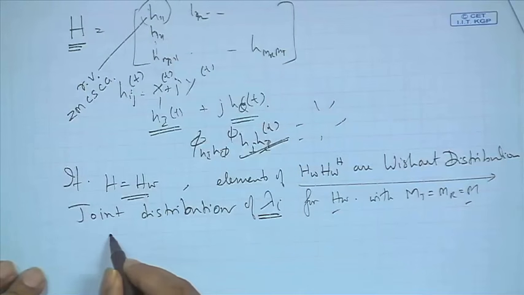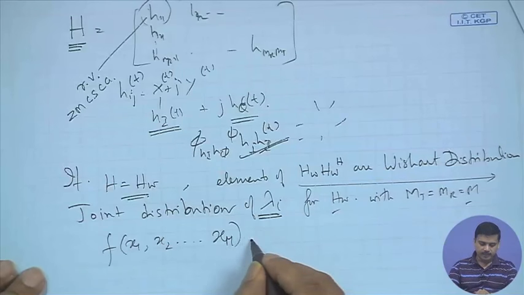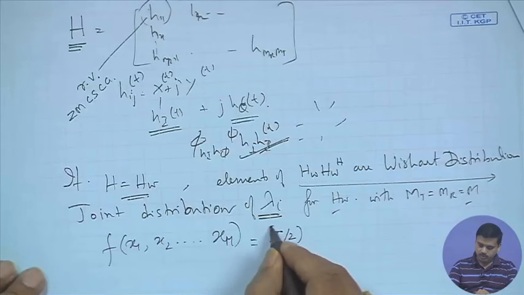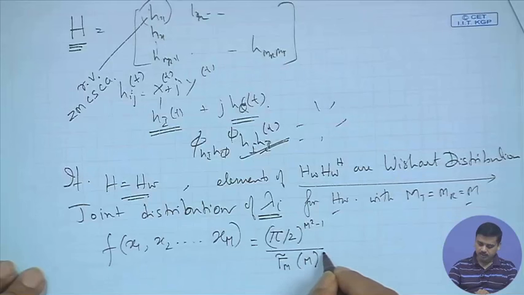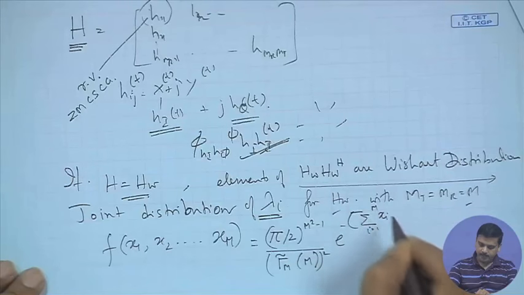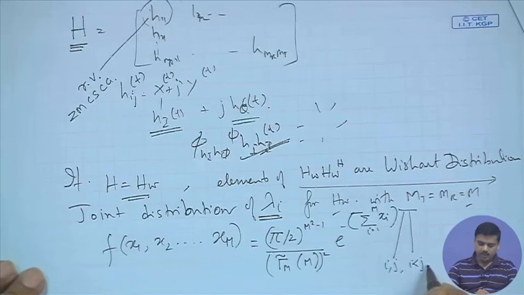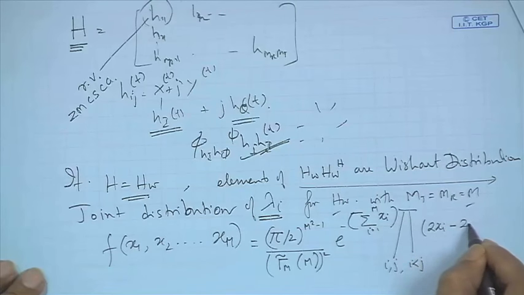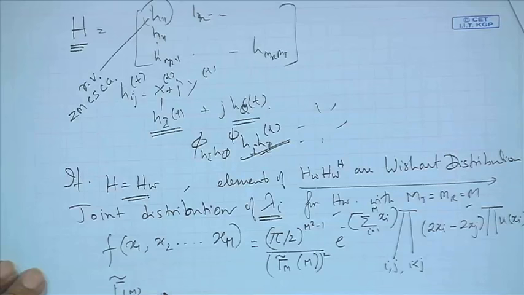So we proceed with this, and with this particular situation, the joint distribution of the lambda i's, that means f of x1, x2 up to xm, we are not writing mr or mt, we are writing xm, is given by a complex expression: pi by 2 raised to the power of m squared minus 1 divided by gamma tilde m of m, this is a gamma function, squared, e to the power of minus summation i equals 1 to m xi, product over i and j, in the order i is less than j, of xi minus xj squared, times the unit step function u of xi indicating positive values, and gamma tilde m of m is